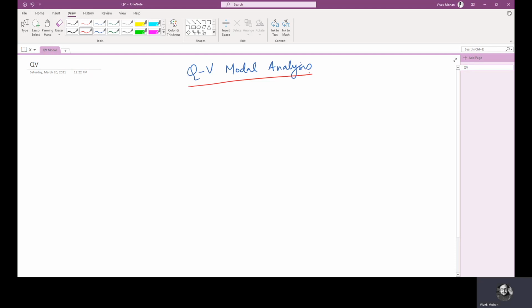Before moving on to the concept of QV modal analysis, we will just have a recap on the concepts of eigenvectors and eigenvalues, which we studied in the first lecture. In linear algebra, an eigenvector or a characteristic vector of a linear transformation is a non-zero vector that changes at most by a scalar factor